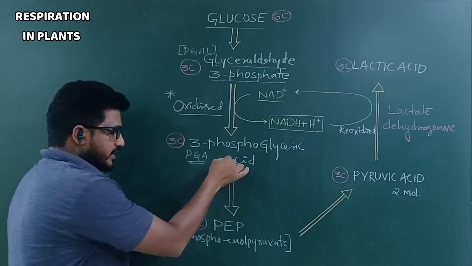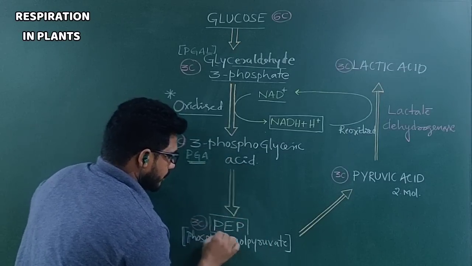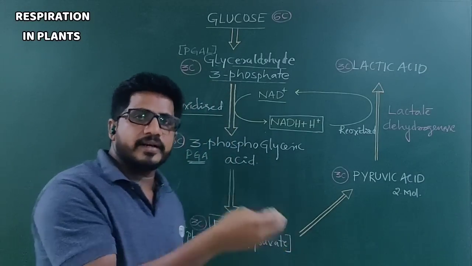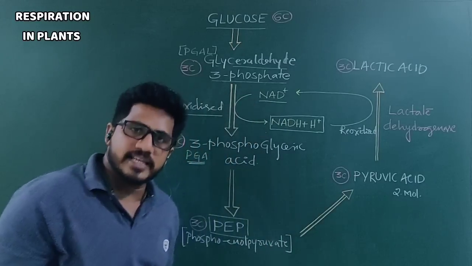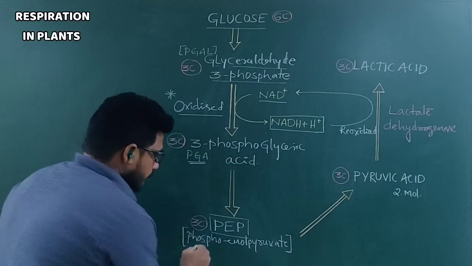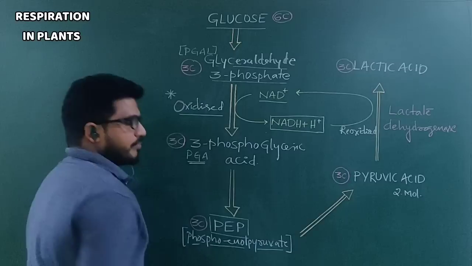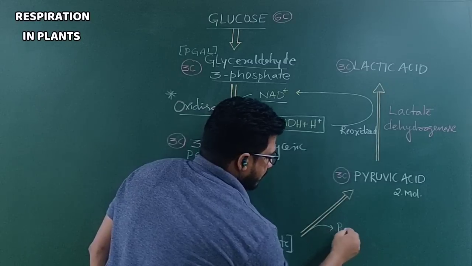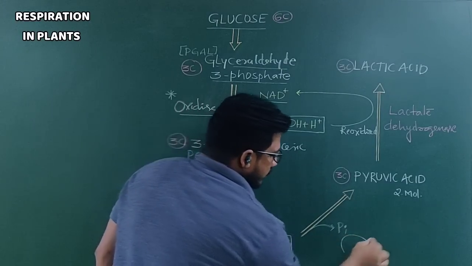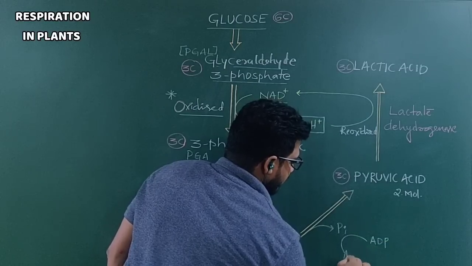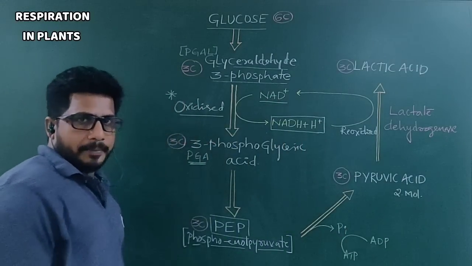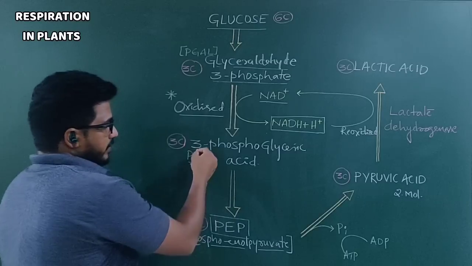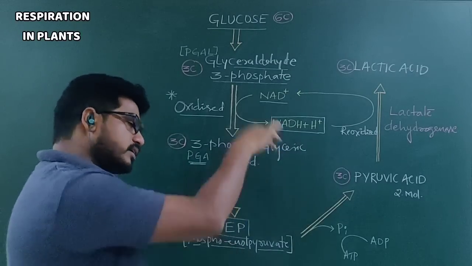When PGA acid is there and this acid, 3PGA becomes 2PGA, and later it releases one phosphate, mutation takes place, then by enolase enzyme action, PEP will be formed. So phosphoenol pyruvate or phosphoenol pyruvic acid. Here one phosphate will be released and ADP takes that and becomes ATP. ATP is synthesized, right? Here also another ATP is synthesized, that is the second thing. Means when 3-phosphoglyceric acid becomes 2-phosphoglyceric acid, there in between them.